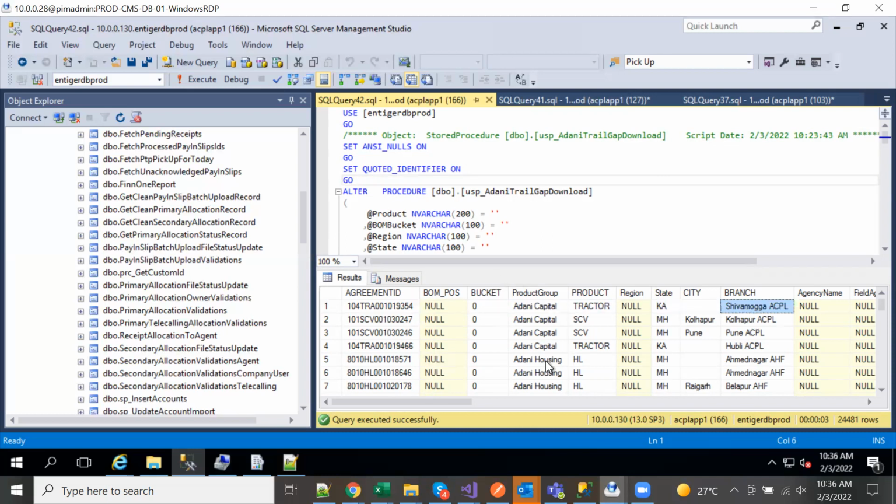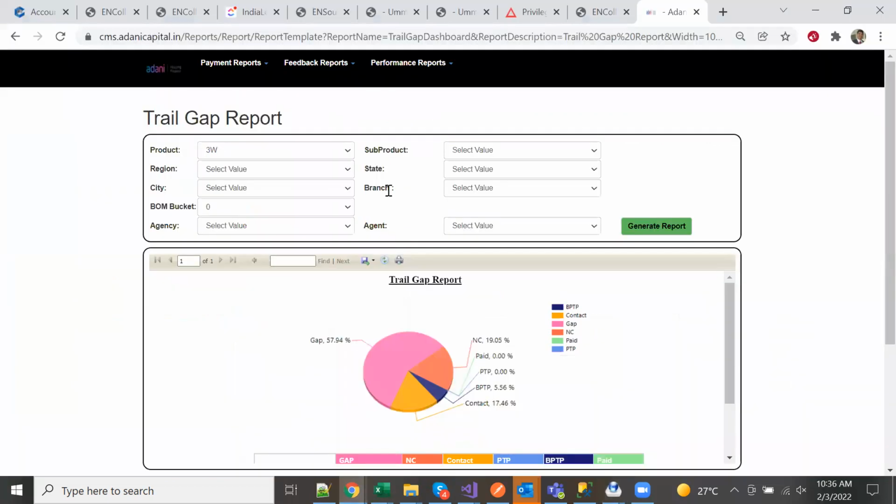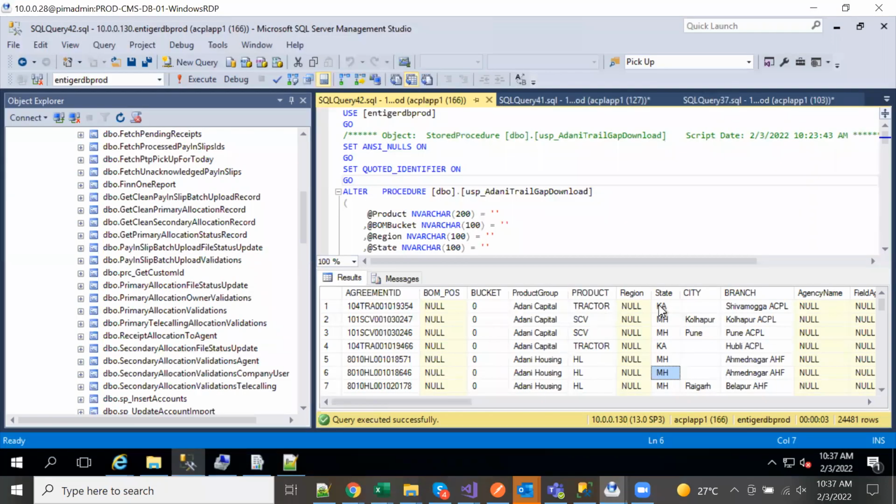Second, you see this one, the state is saying KA, MH, AA, and all of that. But when you see from the report perspective, it's different and probably not comprehensive. So the masters that are there, the input data that is coming in, this has been happening for close to about a year in Adani. The data is coming in like this only, until yesterday we went into a call. After believing that we have done all the job from our side, we went to the client and they said there is a mismatch. Now they are actually waking up and giving this data.